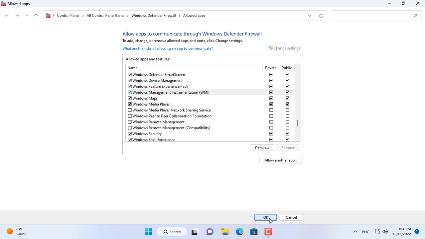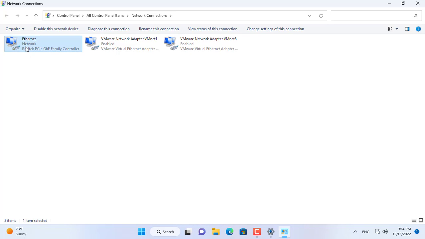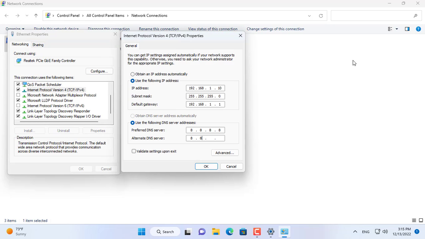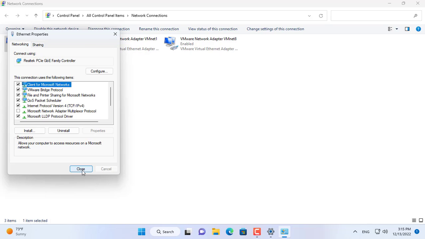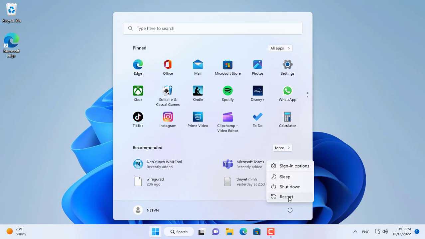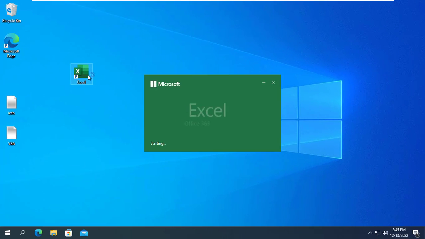You can set this up using the command line, but I find it easier to use the GUI. One more thing that needs to be set up on the target computer running Windows is a static IP address. Because I don't have a DNS server to resolve hostnames, I set up a static IP address for the target computer. In this example, I set the static IP address for the Windows computer to 192.168.110. After all the above settings, I restarted the target computer for the settings to be applied.